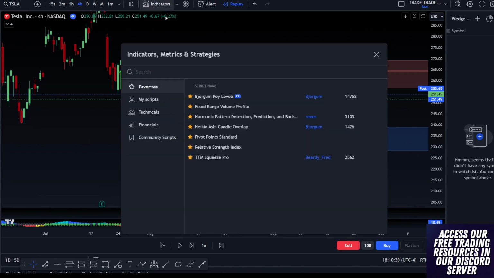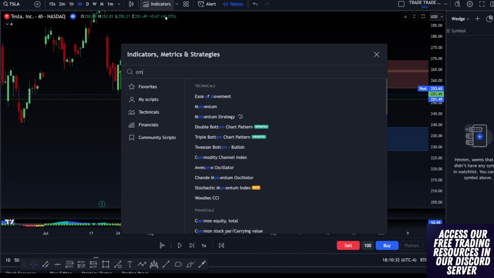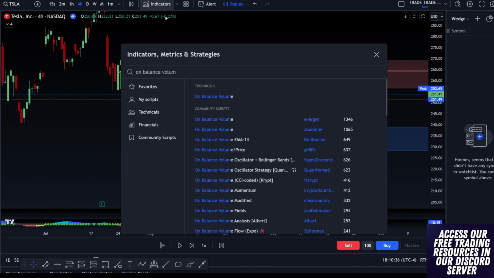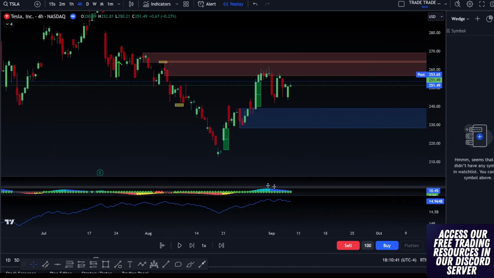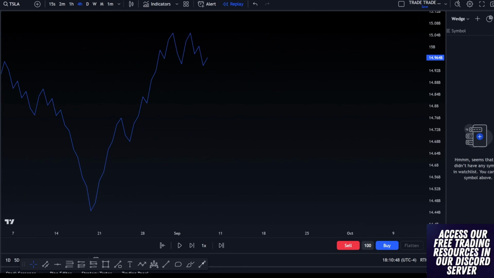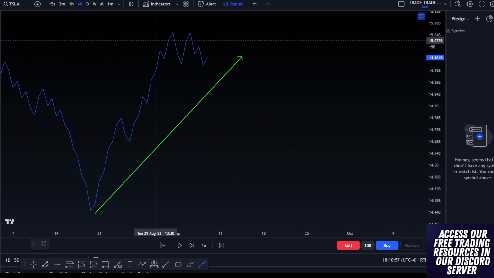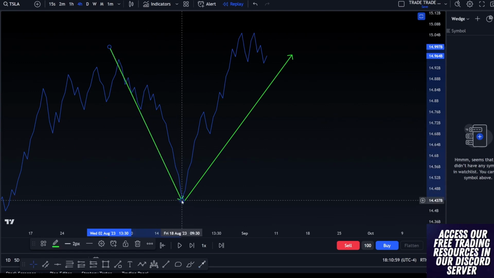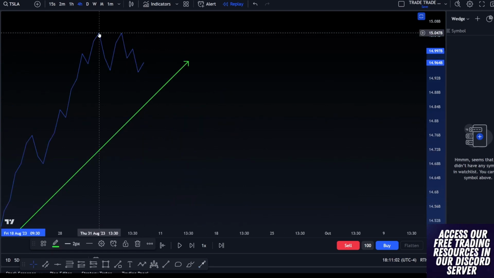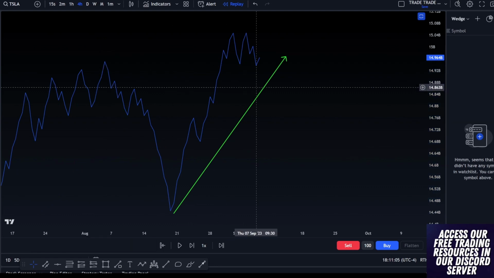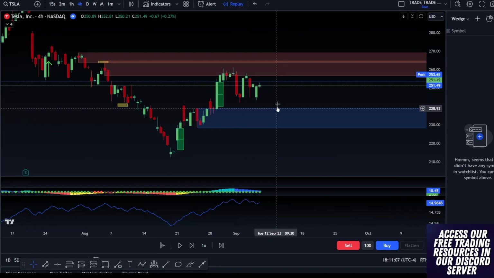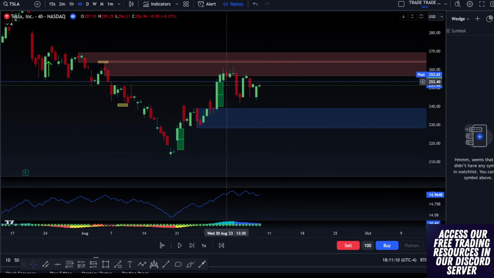The second thing that we want to see, and it's one of my favorite indicators, is on balance volume, or OBV. In layman's terms, instead of having the chart at the bottom where you see all the bars of volume, this is a line. So if we see this line coming up, it means volume is coming into the stock. When we start to see it come down, it means volume is getting sucked out of the stock, okay? And as we see this divergence or this double top that can happen as well, that's not a good sign either, and we'll talk about that in a minute. So we'll chuck this on balance volume on because we want this.